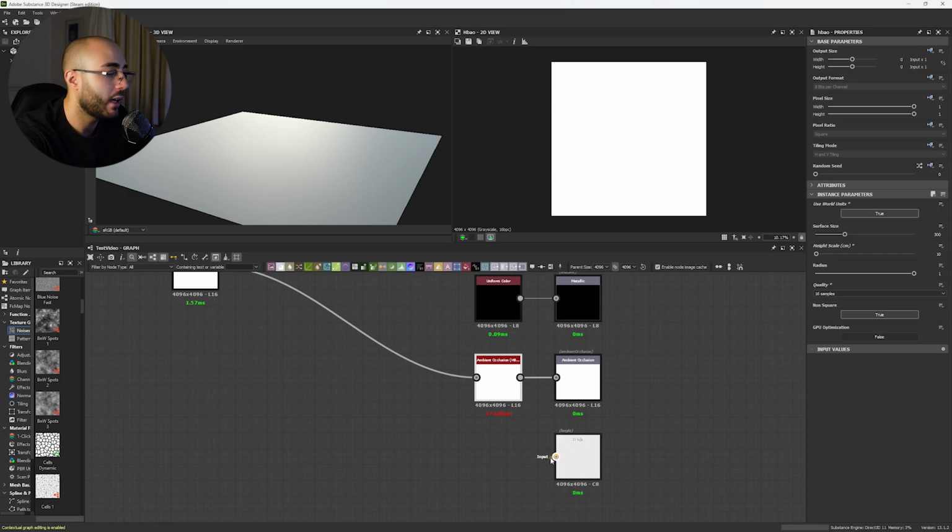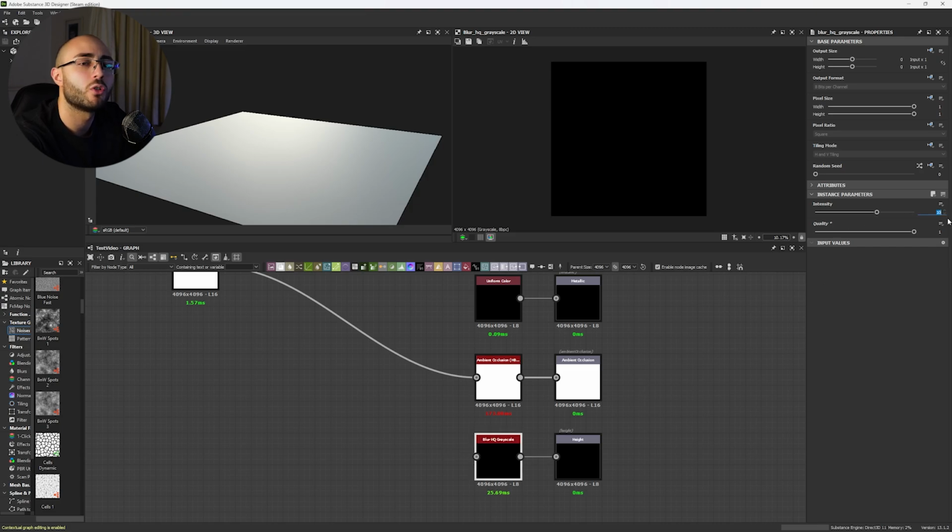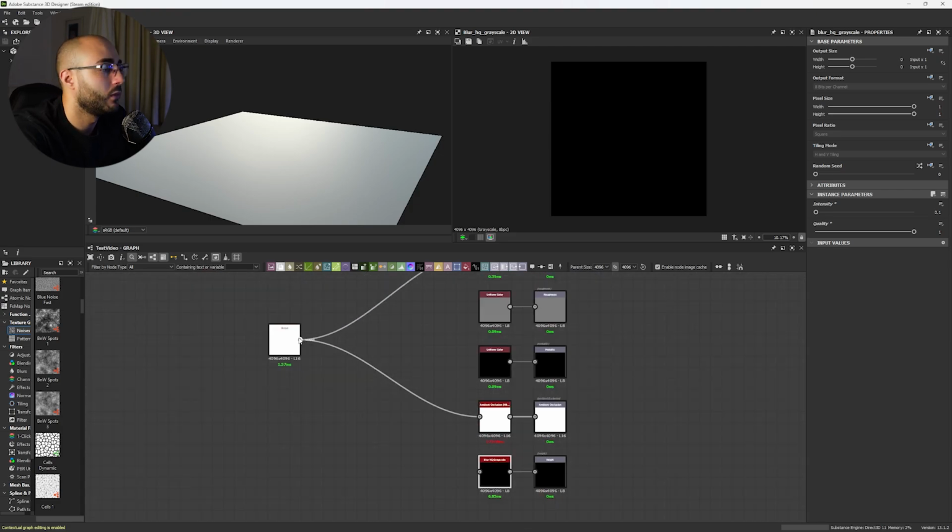Now, on the height, I like adding an HQ blur. This blur is gonna actually help us soften a little bit the information of our height map, so we don't have any pinching in the displacement in Unreal or Marmoset when we're rendering or using the material in a game. We're using a really low value of 0.1 and a quality of 1. Now we're gonna input all of